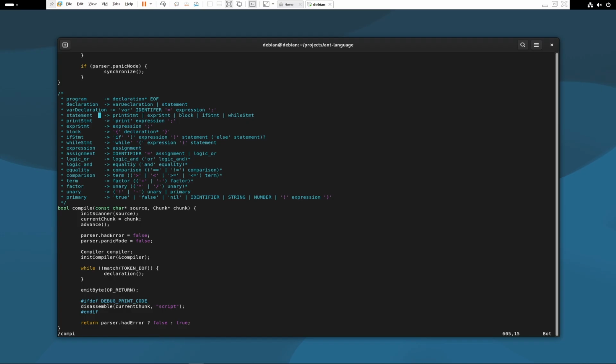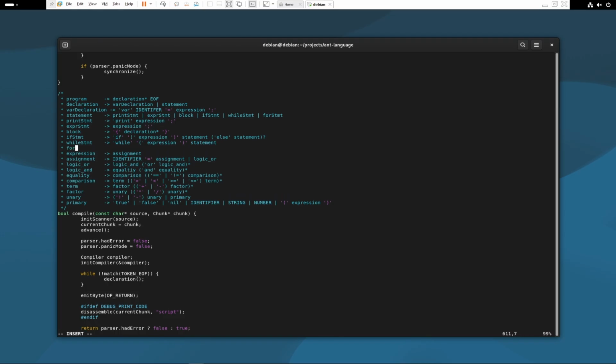As you see in statement, we have while statement, and here I will add for statement. So let's add the definition for that non-terminal: for statement is defined by keyword